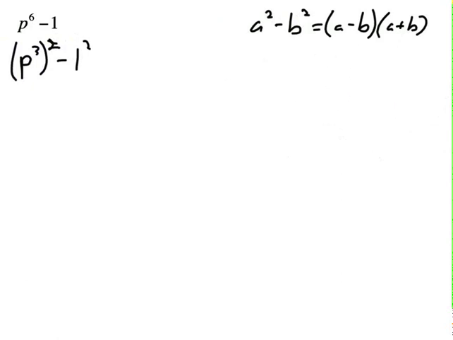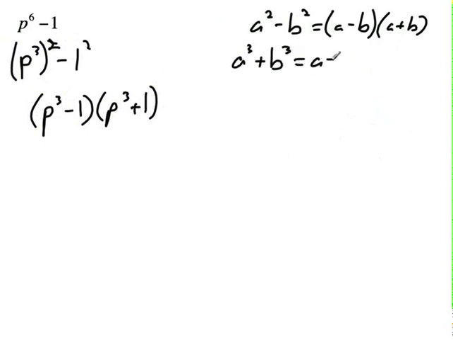So we've done these enough where we don't have to rewrite a and b down over here. So let's go p cubed minus 1 and p cubed plus 1. Now, if we look, these are a difference of cubes, and these are a sum of cubes. So let's take the sum of cubes first,